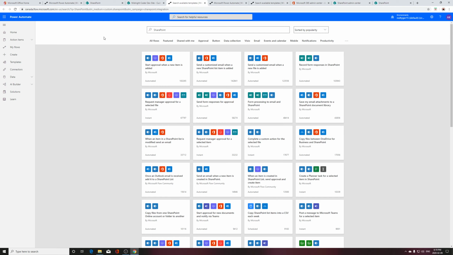What Flow is, it's a workflow automation tool application that comes with Office 365. It's a productivity tool and a business process tool where you can use templates or customize it according to your business needs and business processes. There are, as I was saying, several templates that come free out of the box. There are also other templates that can be used to integrate,